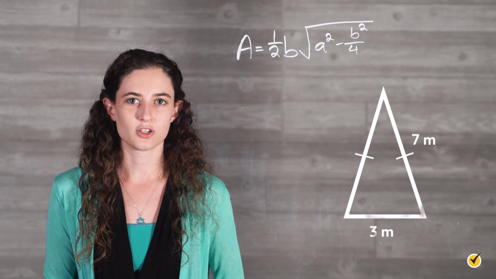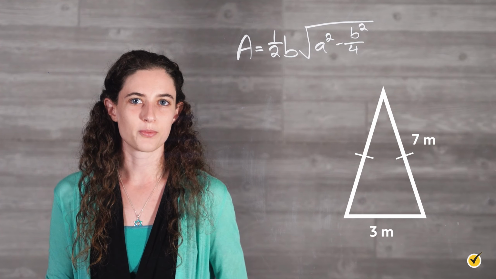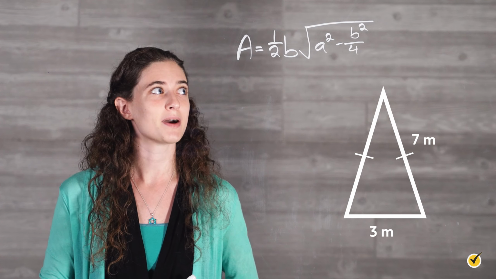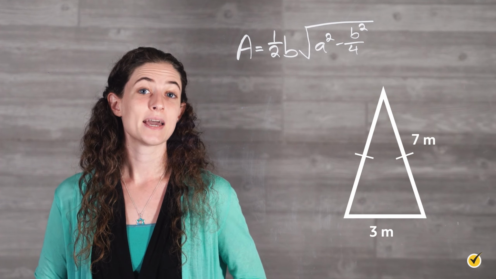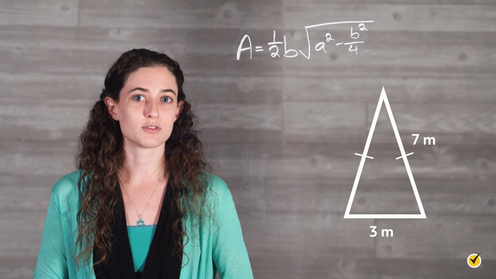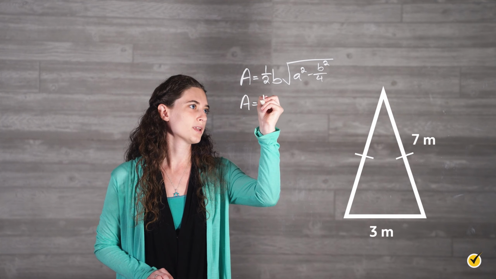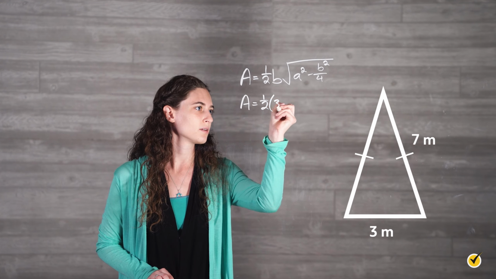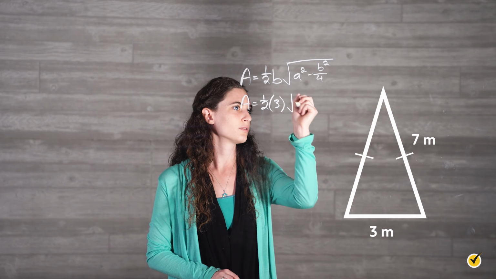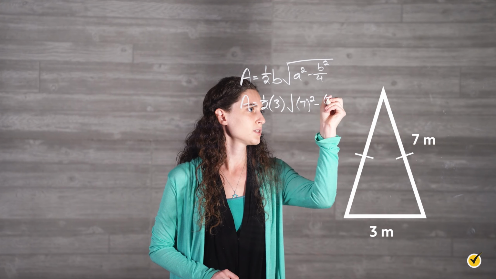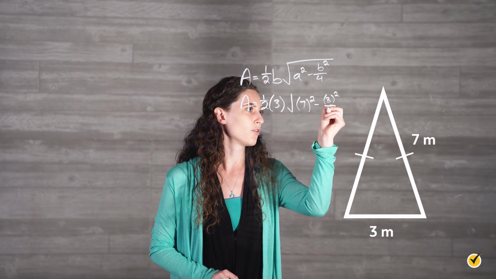What is the area of this triangle? First, we'll write out our formula. A equals 1/2 B times the square root of A squared minus B squared over 4. Then we want to plug in our known values and solve. A equals 1/2 times 3 times the square root of 7 squared minus 3 squared over 4,